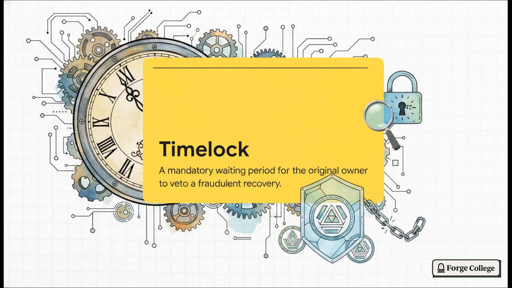I really want to pause and highlight Step 4 because it introduces the time lock. A time lock is a mandatory waiting period that only triggers after the guardian threshold is met. It's basically a built-in emergency brake. It gives the original owner a guaranteed window of time to veto a fraudulent recovery attempt. It is literally the ultimate friction surface to stop a rogue crew from executing a false recovery attempt and running off with your digital assets.